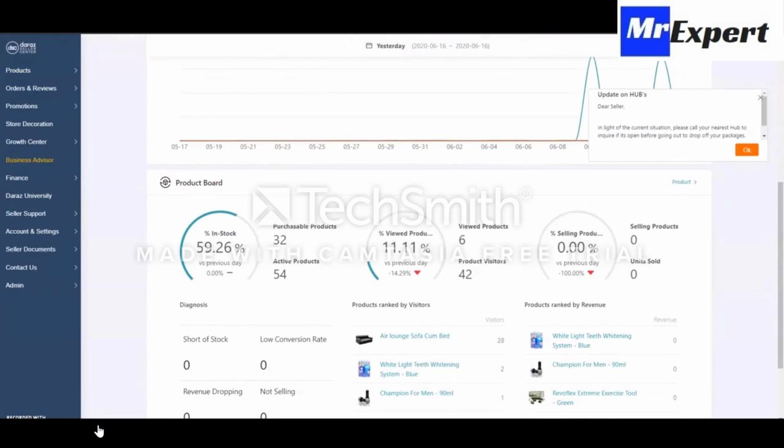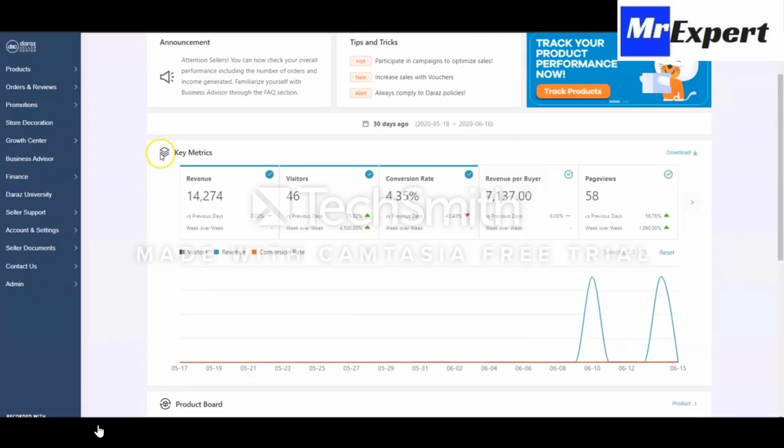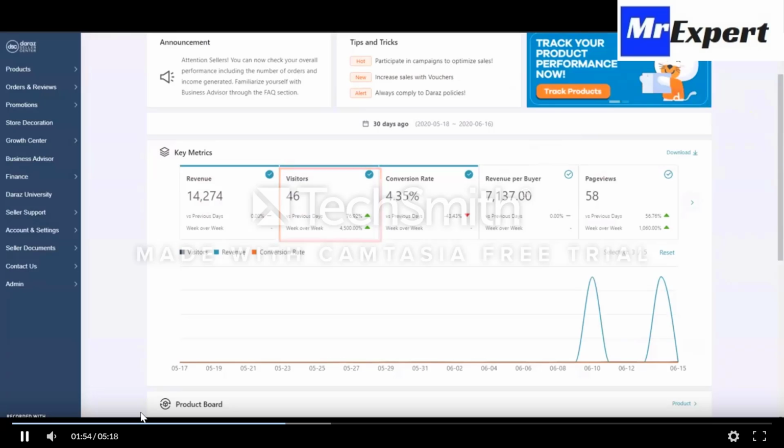Shop performance. In the Performance Dashboard, you can input a filter to select the date for which you want to view the performance. You can view statistics such as revenue, total value of paid orders during the selected time period, inclusive of all discounts applied, store credit, shipping fees and surcharges. Visitors, number of customers that have viewed your store during the selected time period. This includes all your store and product pages.